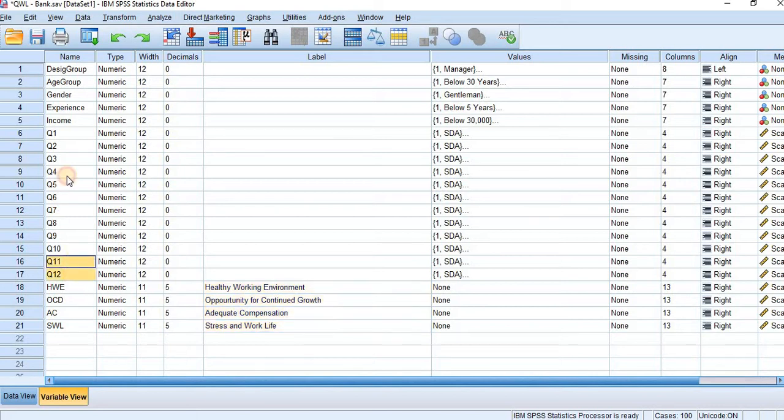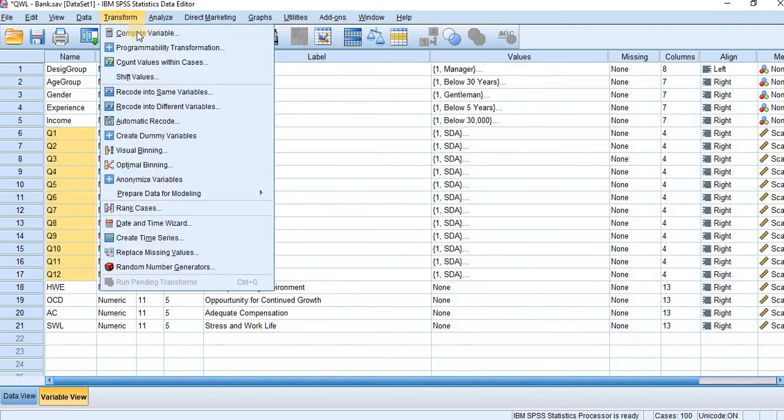We have 12 attributes. The total score of 12 will be the dependent variable for multiple regression. Let us see how to get the overall score with the help of SPSS.